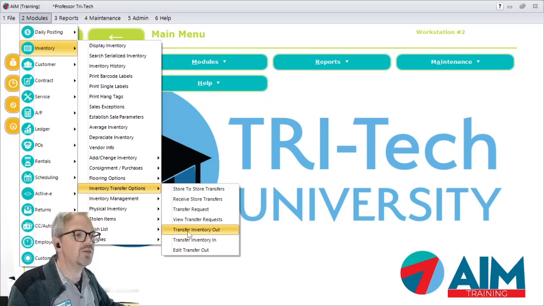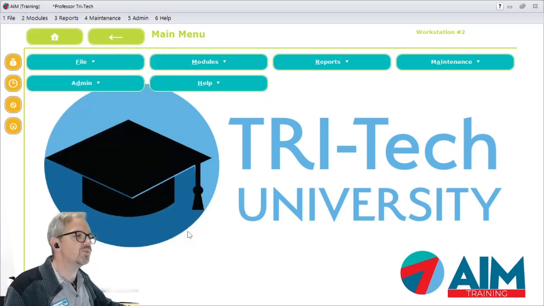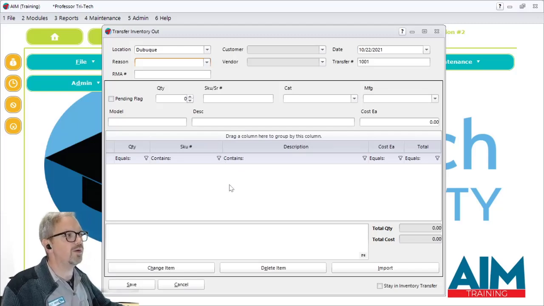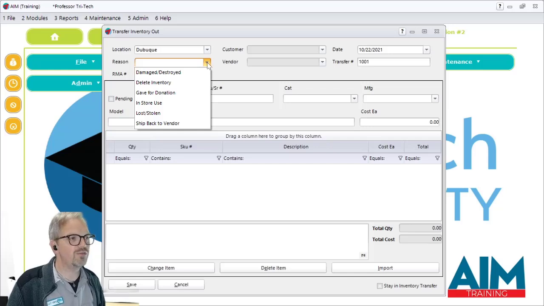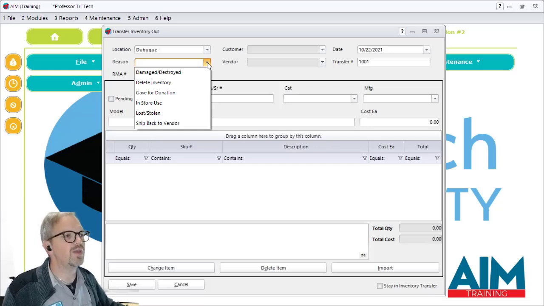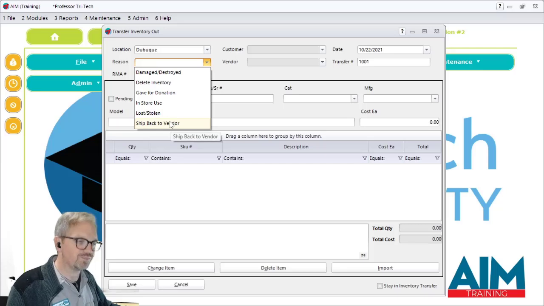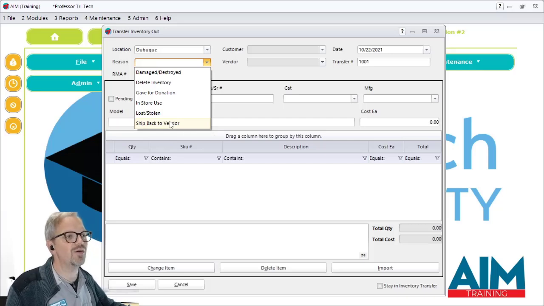So to do that, we would come to the Inventory Transfer Out program, and the following screen will appear. You'll see up here at the top that it is going to transfer out of my Dubuque location. That's the home location of my workstation here. It's going to ask for a reason, and you've got some reasons in here by default. Every instance of AIM comes with these 6 reasons for transfer out. You've got damage, destroyed, delete inventory, gave for donation, in-store use, lost or stolen, or ship back to vendor. So basically you would choose the reason, and in my hypothetical, I'm going to go ahead and choose ship